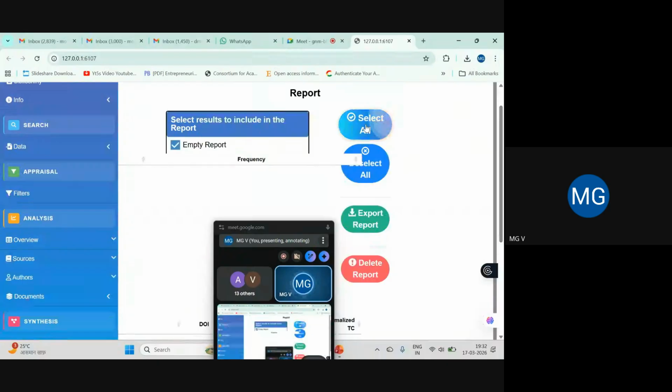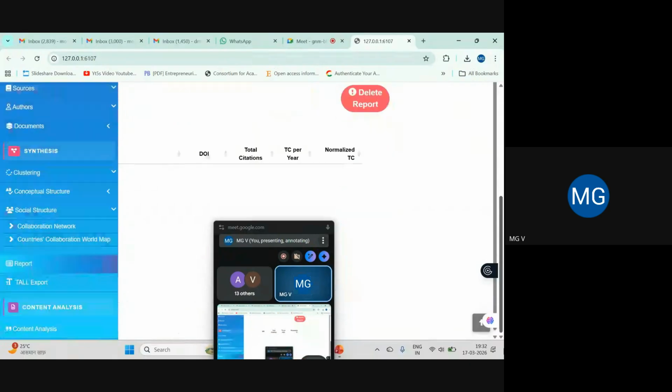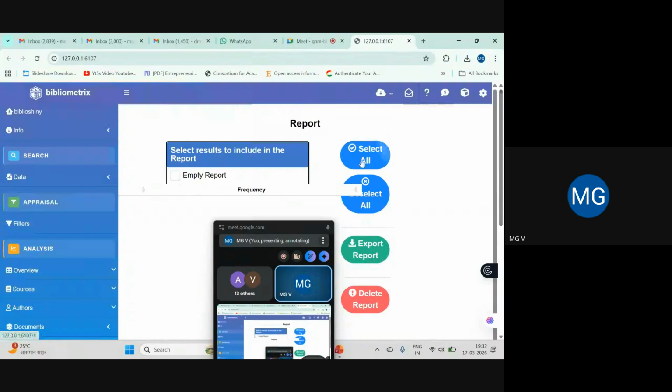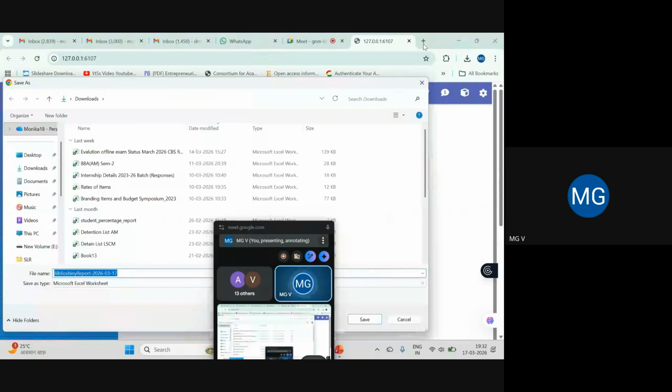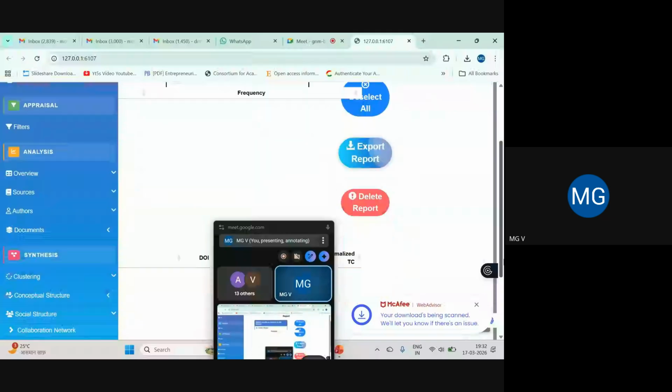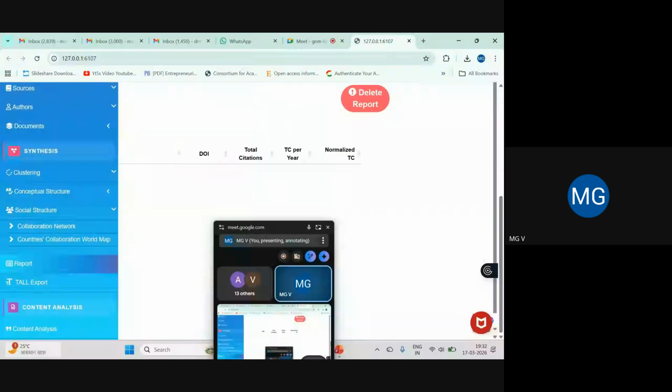Select all, and then export the report. First, we need to play this. Select all, export the report, and then save it. Right? So, content analysis.